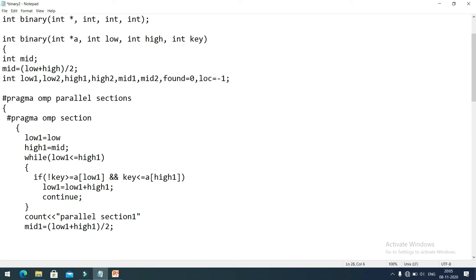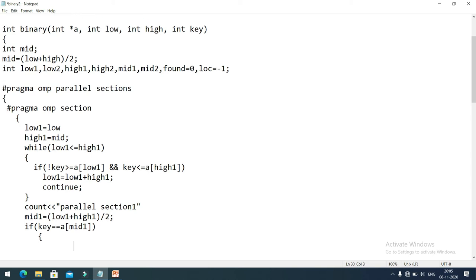So I'll write here if key equal to a of mid 1, in that case I will write here